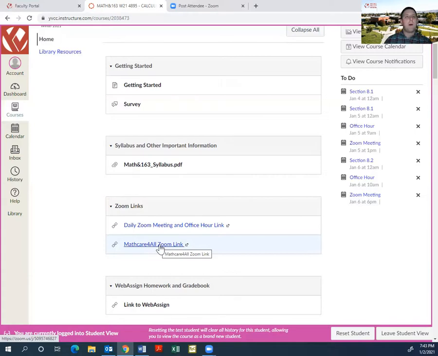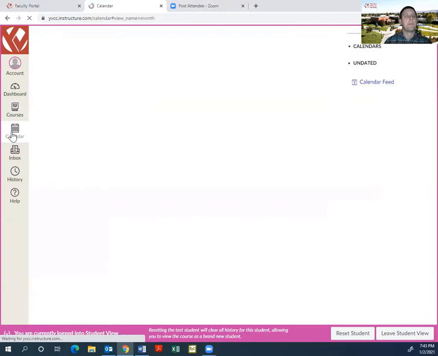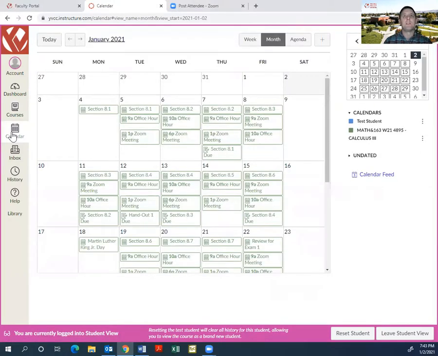Okay. I think at this point, let me go ahead and go to our calendar. The calendar is where you're going to be able to see when all of these things I'm describing are. So here you have it. And here's how to parse through all this. The very top of every one of these blocks is telling you what section you should be working on that day, to make sure that you're not falling behind.